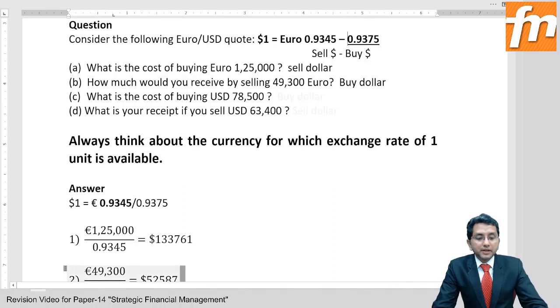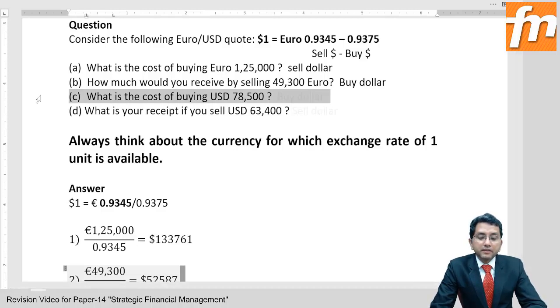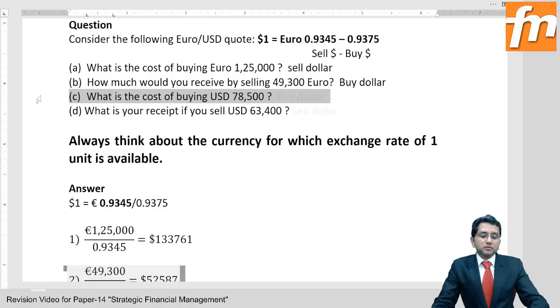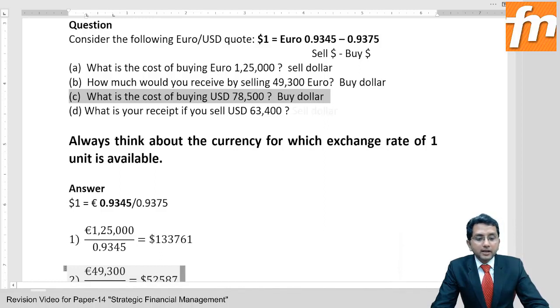Now, number 3, C point. What is the cost of buying US dollars 78,500? The question itself is saying you're buying US dollars. Buying US dollar, you'll be able to buy it at the higher price. So if I'm buying US dollar and selling euro, you need to think in terms of dollar. It is already in terms of dollar. So you are actually buying dollar and you will be able to buy it at